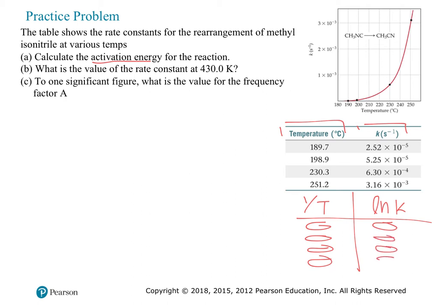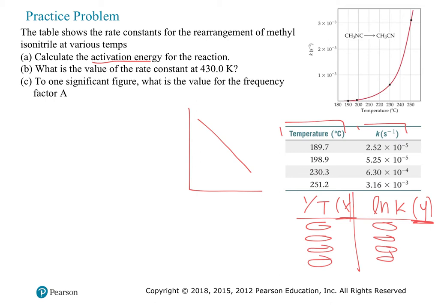Then you'll plot this, where this is your Y and this is your X. So your independent variable is 1 over temperature and your dependent variable is natural log of the rate constant. When you plot that, you will get something that looks like that. You'll then want to find the trend line. If you're not very familiar with Google Sheets or Excel, just do a quick search in a browser to find out how to find the trend line. It's not very tricky, and it's a good skill to be familiar with using these